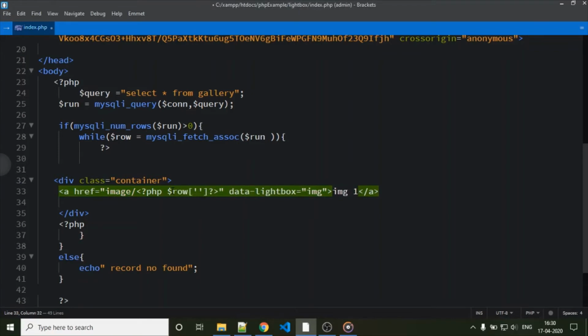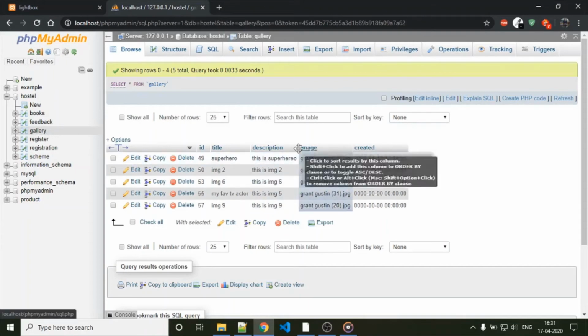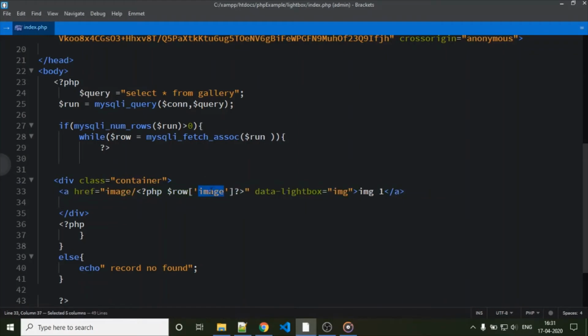In single quotes, row is an array, fetched in the form of an array. In single quotes, we refer to image. This is the database column name. I'll show you: this is the table name gallery, and this is the column name.